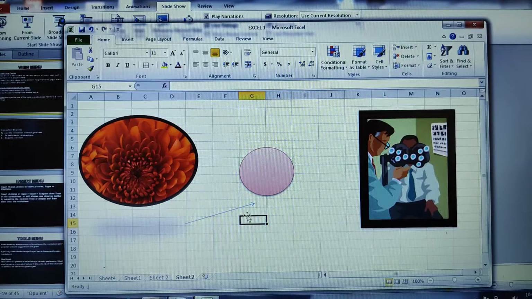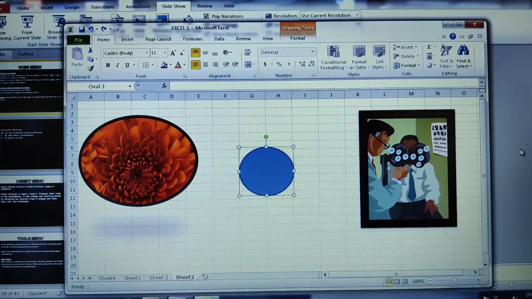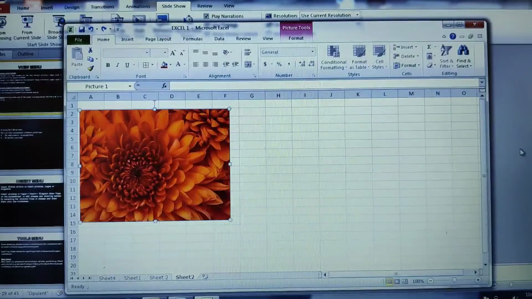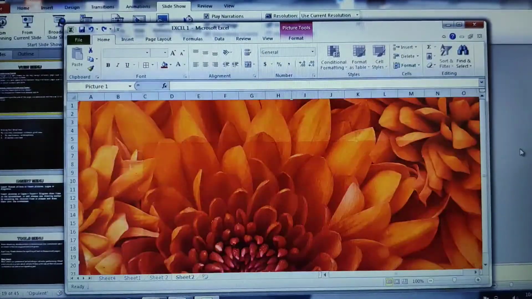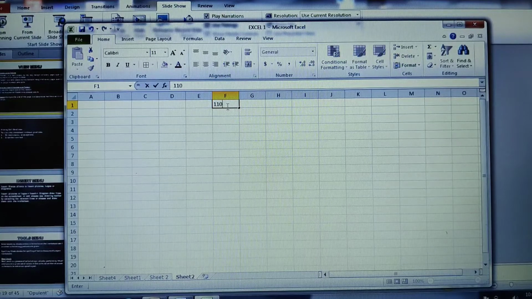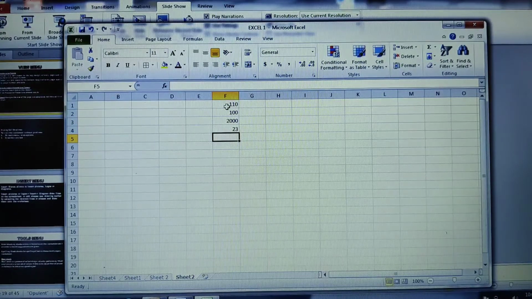Now let us move on to the next interesting option, that is the goal seek. Just retain back all these contents. Okay, we have a very important option, that is goal seek. Let us have some numbers here, students. 110, just randomly I'm giving some numbers over here. 200, 2000 I have given. Okay, 23. Now what I'll do is, I have one option known as goal seek.